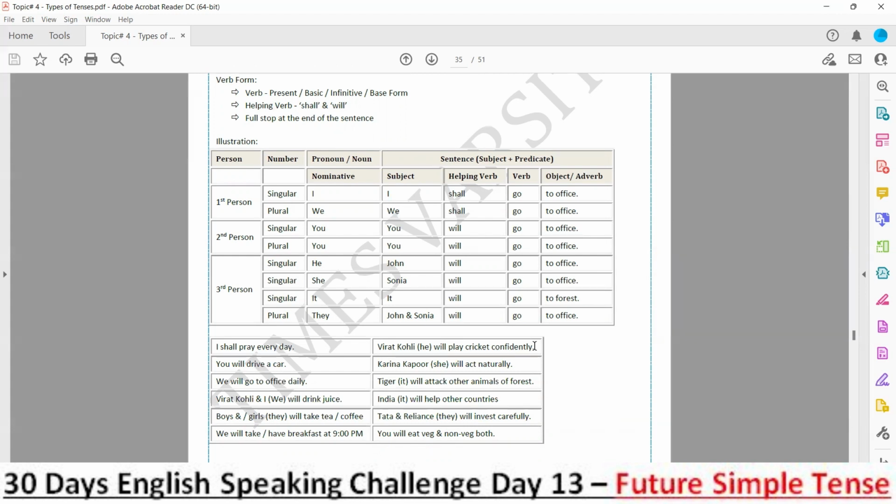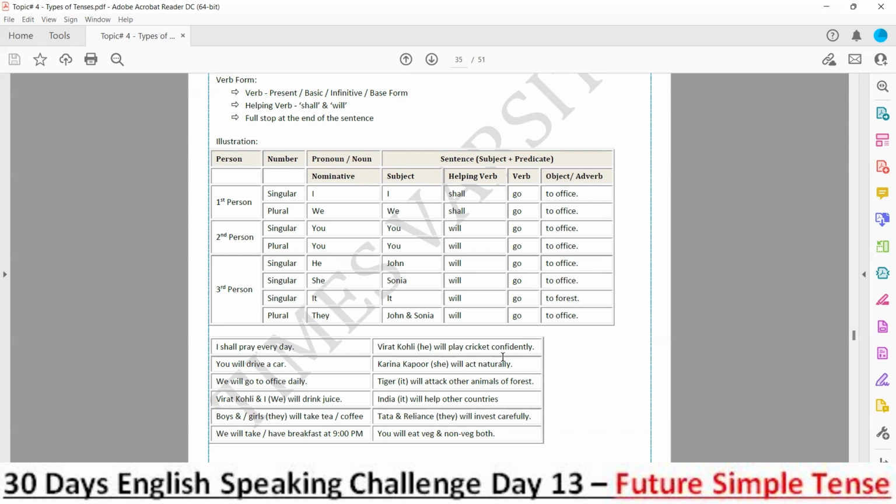All that is considered as future. So if we talk about a future match which will be played soon, like the next match of India, maybe playing with any other team,